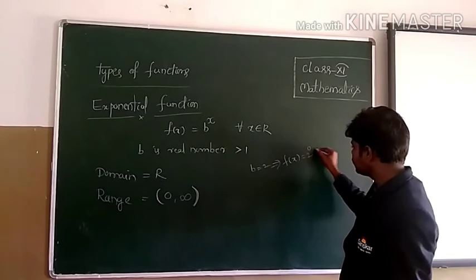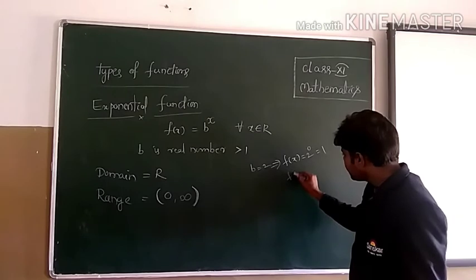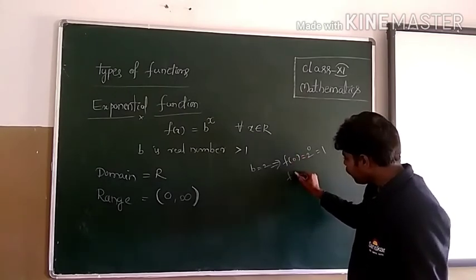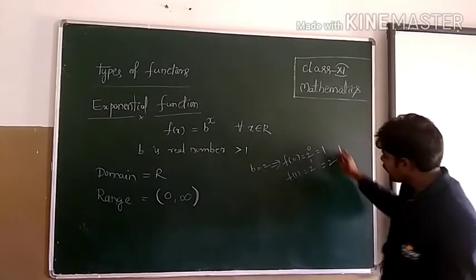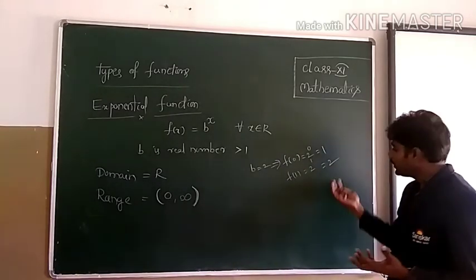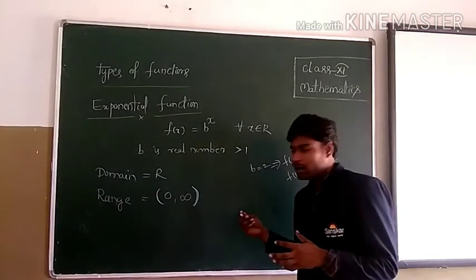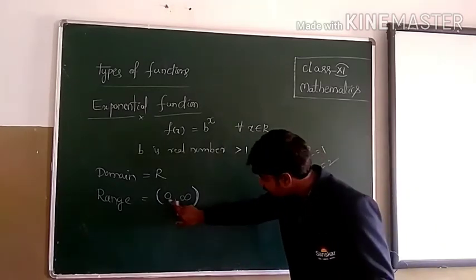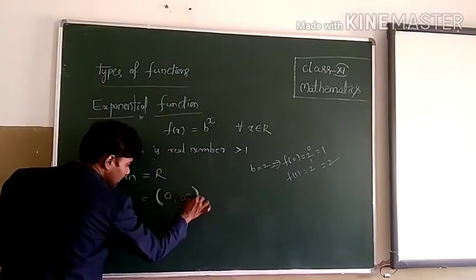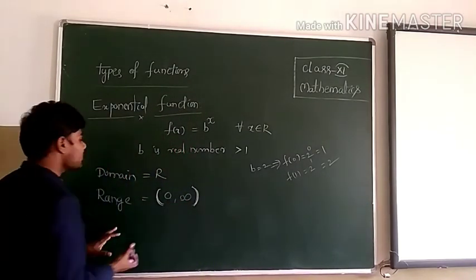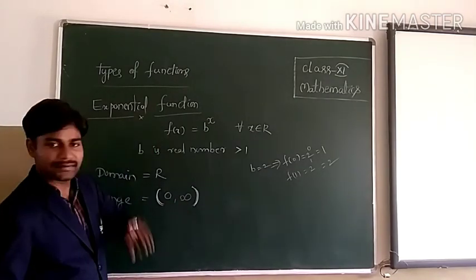Suppose if I consider 0, it will give 2 power 0 is 1. If I consider f of 1, then it is 2 power 1, which is 2. Right? If you give any other value, we will get some other values. So in the range you will get only the numbers between these two numbers, so you should use open brackets here. Except these two values, you will get the numbers which lie between these two. That is the range of the exponential function.